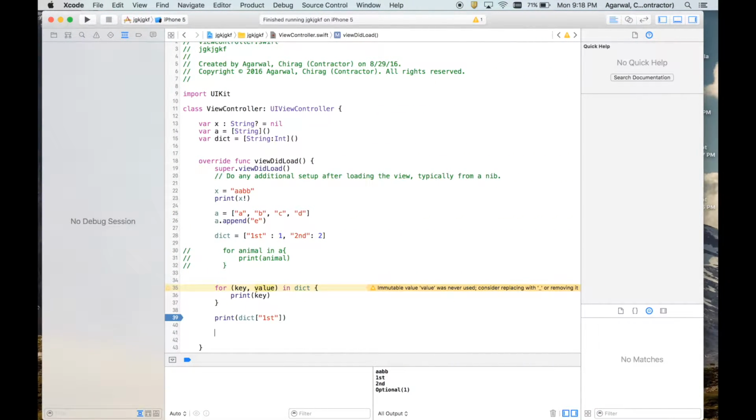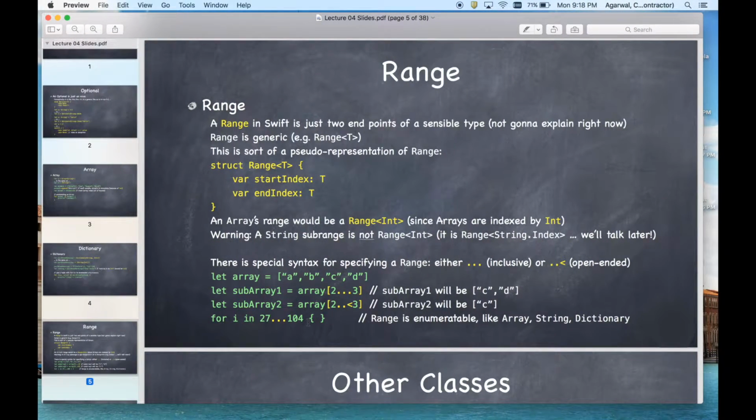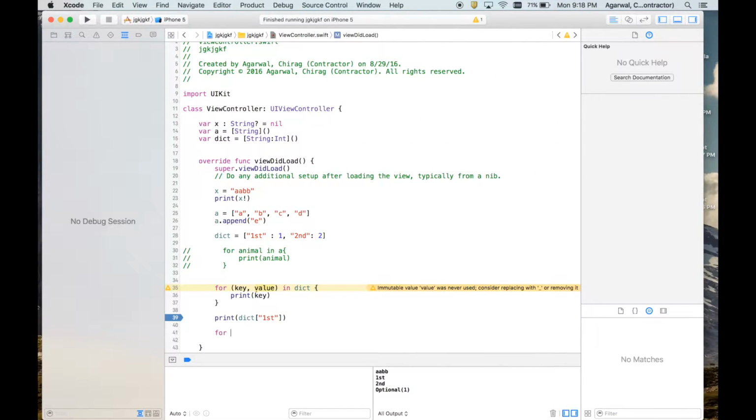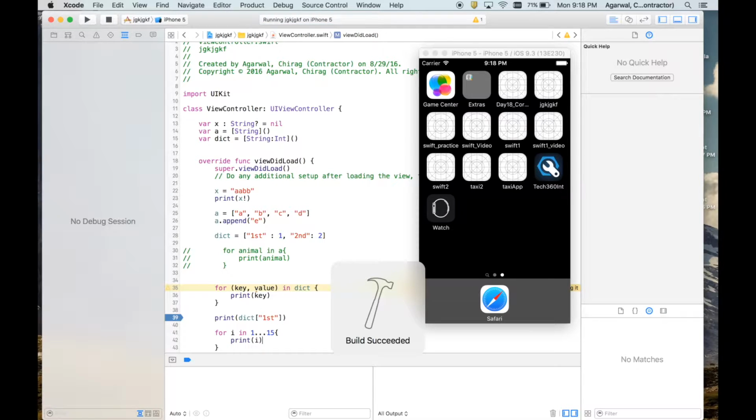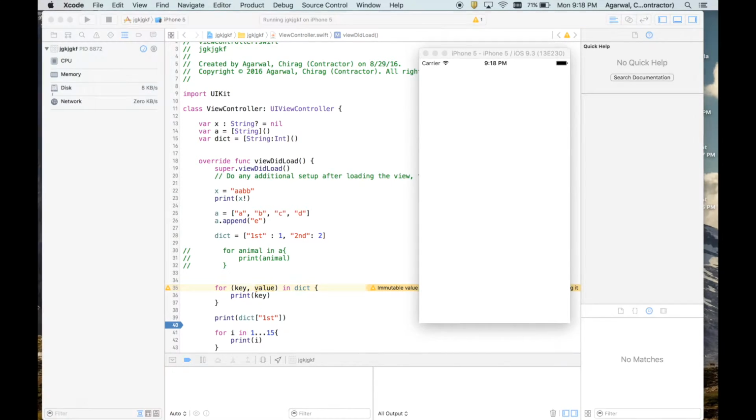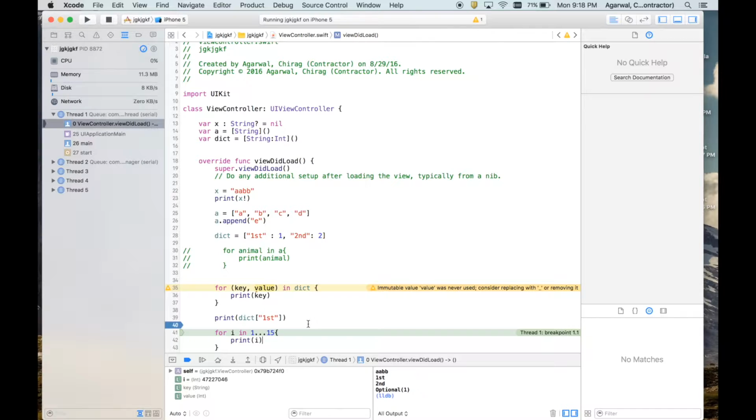So if you just want to print out numbers from 1 to 15, you say for i in 1...15, and you say print i. So this will go through 1 to 15 all the way. Let's remove the breakpoint.